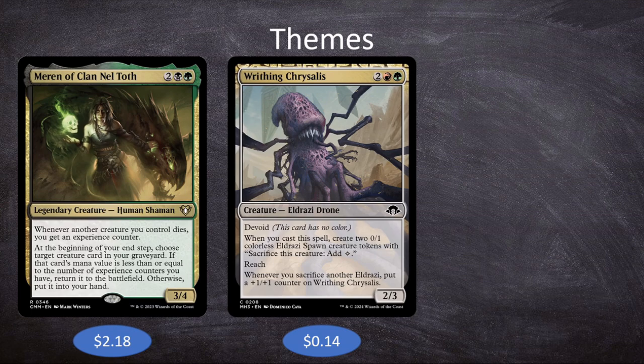And when we cast the spell, we create 2 0/1 colorless Eldrazi Spawn creature tokens with "Sacrifice this creature: Add one colorless mana." It has reach, and whenever we sacrifice another Eldrazi, put a +1/+1 counter on Writhing Chrysalis. If you played any Modern Horizons 3 Limited, you probably know that this thing was an absolute nightmare on the battlefield. It is not quite as bad in Commander, but it is still very strong, because if we have, say,